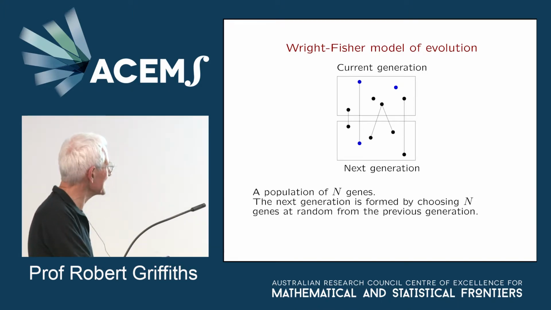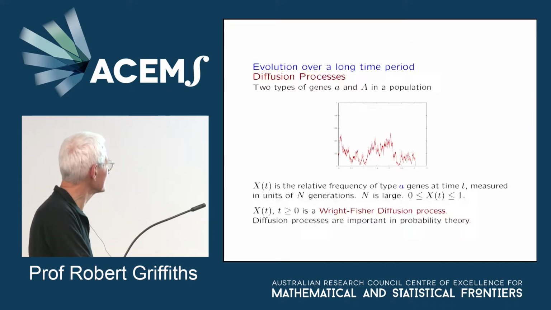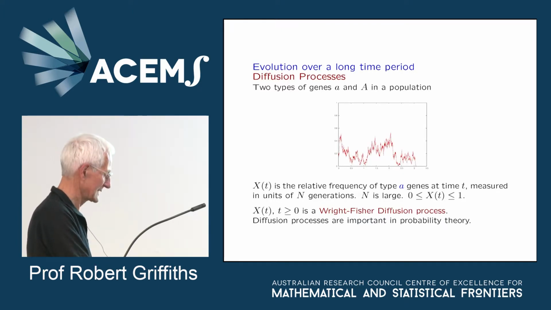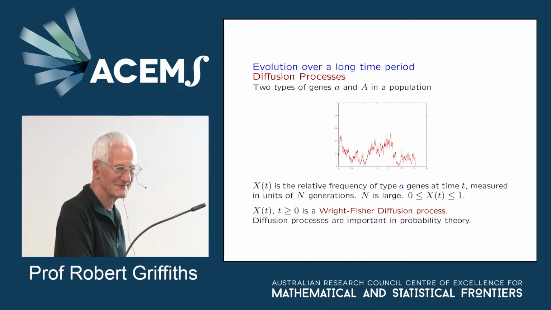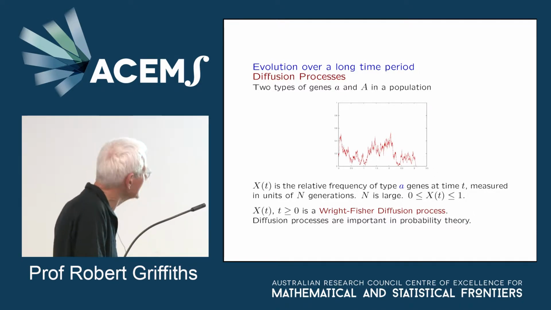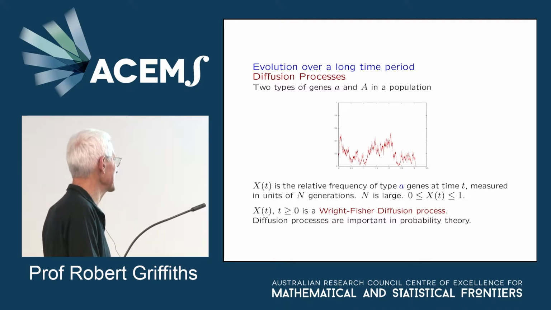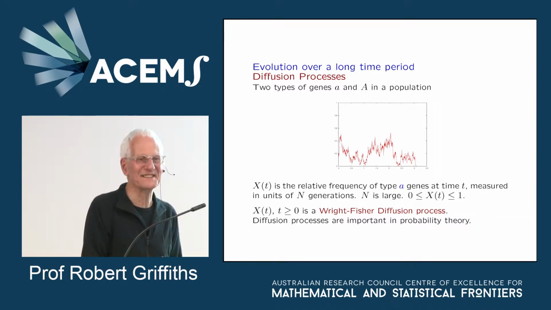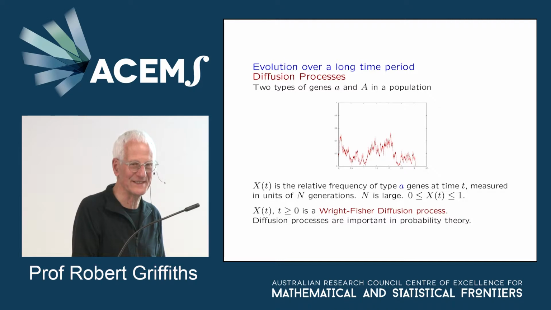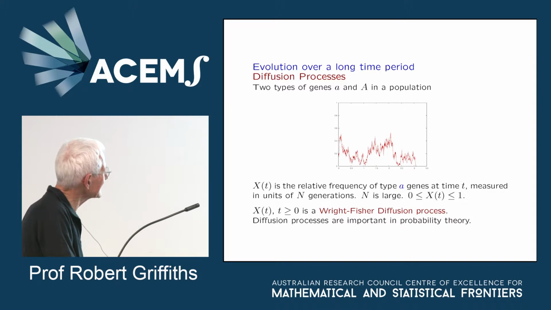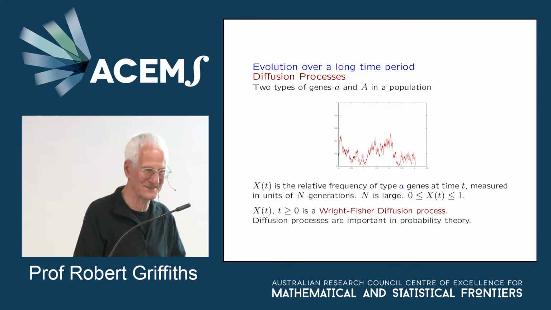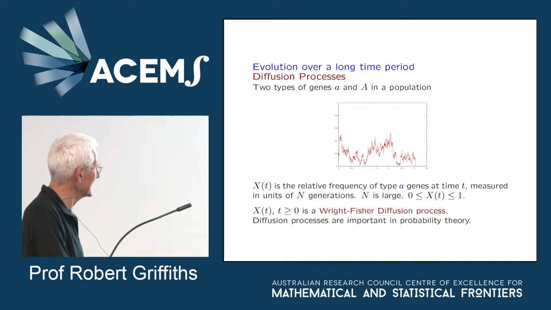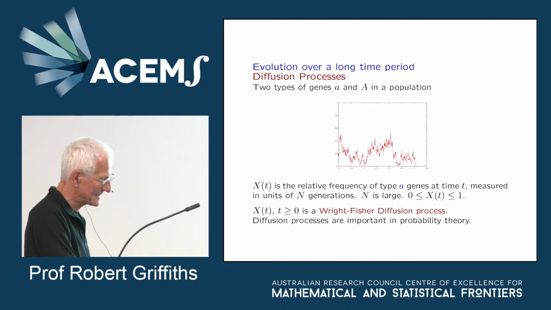Okay, so that's a very simple but an important model. And it's a stochastic model. It's a model that occurs in probability theory. What about evolution over a long time period? So evolution really only gets going over a long, long time period. It's a long scale process. And so it's not really any good to look at these boxes over a short period of time because you don't see very much. There's not much change. But over a long period of time, evolution happens and things start to move along.